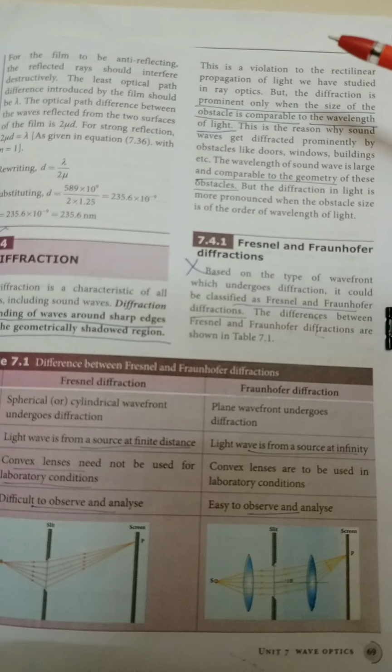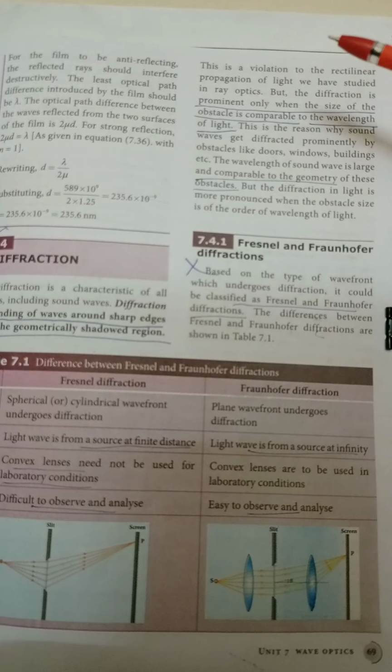Diffraction in single slit. Let us consider a parallel beam of light falls on a slit AB. This is a slit. The width of the slit AB is small a. The S is a source of light. Light rays from the source are allowed to fall on the convex lens. After falling on the convex lens, a parallel beam of light is allowed to fall on the slit AB. The width of the slit is small a. For the parallel rays, the wavefront is plane. That is, when a plane wavefront is